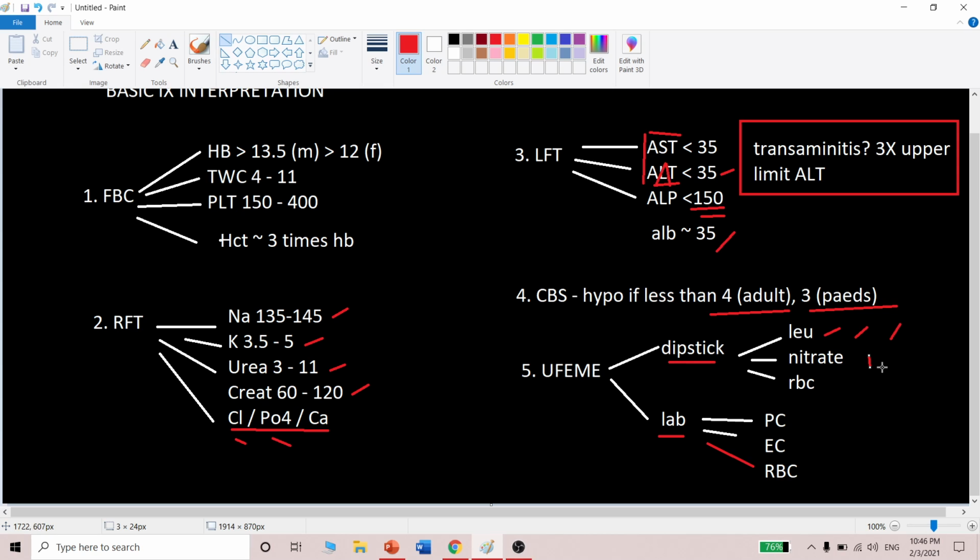Why? Because the most common organism causing UTI is E. coli. E. coli converts nitrate to nitrite. So whenever you have nitrite positive, it is as if there is E. coli in the urine. So this is suggestive of infection too. RBC, of course, we want to look at, especially when you suspect the patient has injury, for example stones, ureteric calculi, renal calculi, and sometimes cystitis or UTI can also have positive RBC. This one also has 1+, 2+, 3+, 4+.